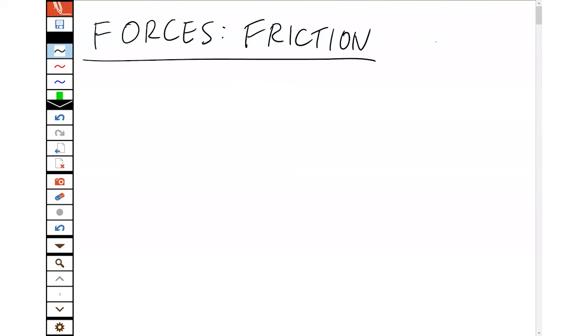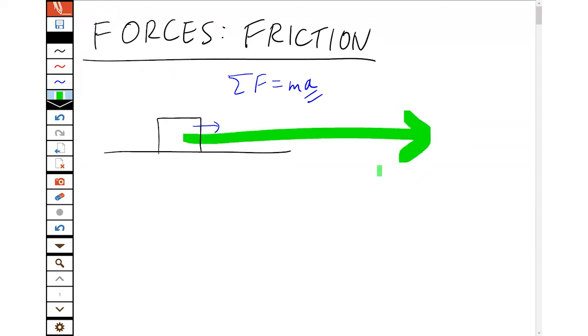Friction is why we're not living in a constant non-stop pinball universe of everything bouncing off each other. So that's pretty good. Why do we need it? Well, think about it. If we had a block sitting on a perfectly smooth surface with no friction, if we gave it even the tiniest little push to the right, then by Newton's law,